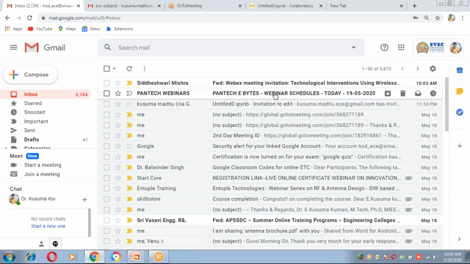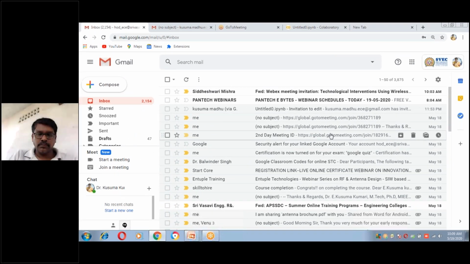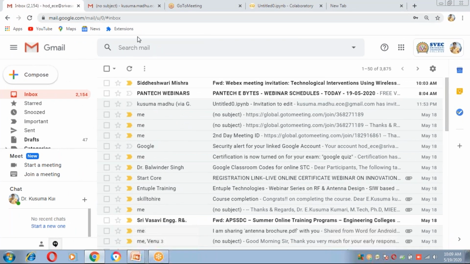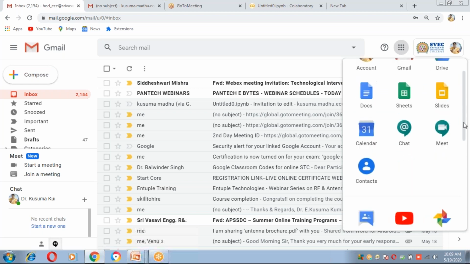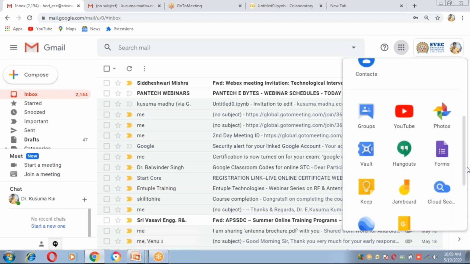So now I am starting with the Google Form. These Google apps are user friendly and more accessible through a Gmail account. So that's why I opened my Gmail account, and here you see the total 9 dots. These 9 dots have different Google apps. Click on this, drag down, and this is the Google Form symbol, and click on it.